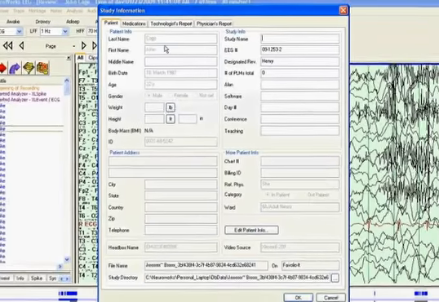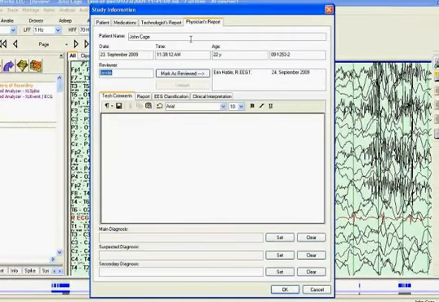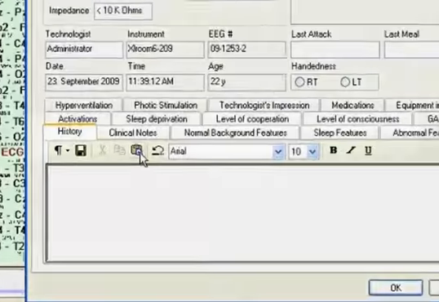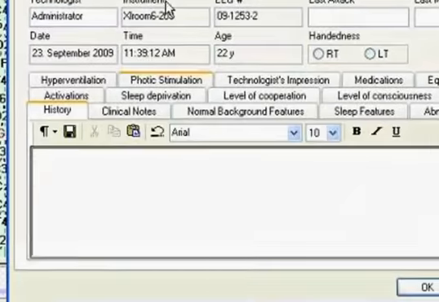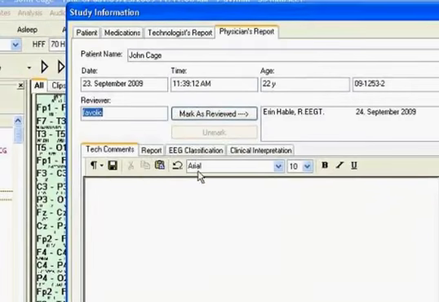In the Study Information form, if you go to any of the Report tabs, you will see that there is a toolbar available at the top there. You can control your font styles and sizes. The first button allows you to actually save some remarks, some statements. So if you had a standard statement that you find you're using over and over again in a report,